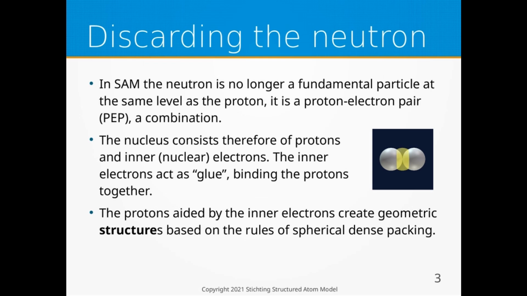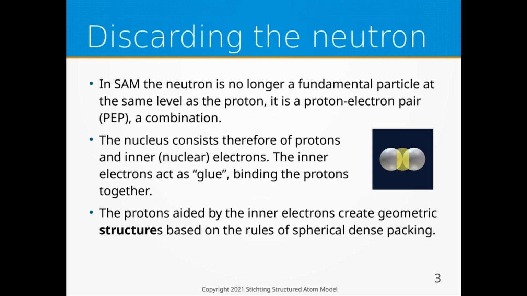In SAM, the conventionally known neutron is redefined as a combination of a proton and an electron, or proton-electron pair, PEP for short. It is not fundamental on the same level as the proton and the electron. We reintroduce the electron and with it negative charge back into the nucleus. The inner electrons act as glue that binds the protons together in a fixed structure, based on the rules of